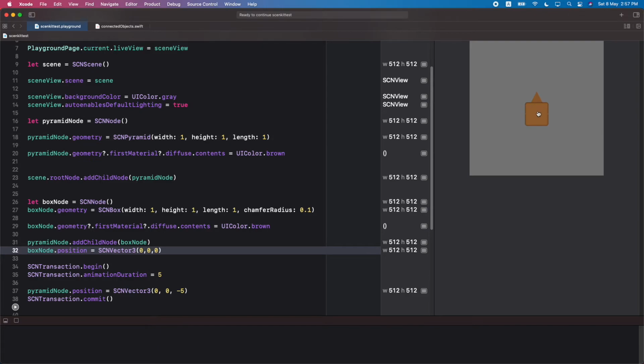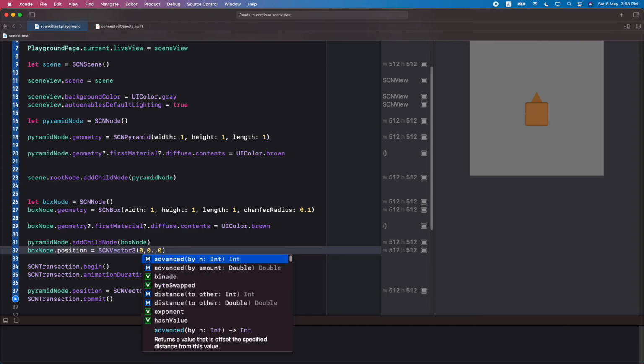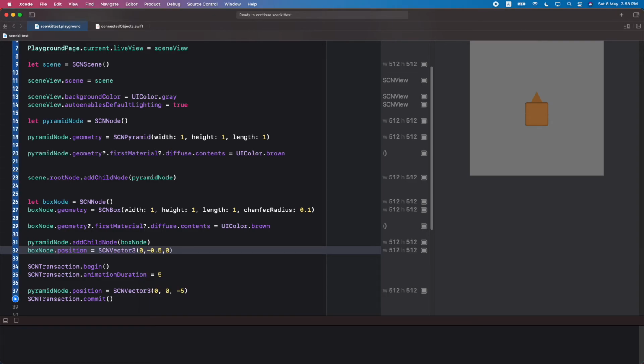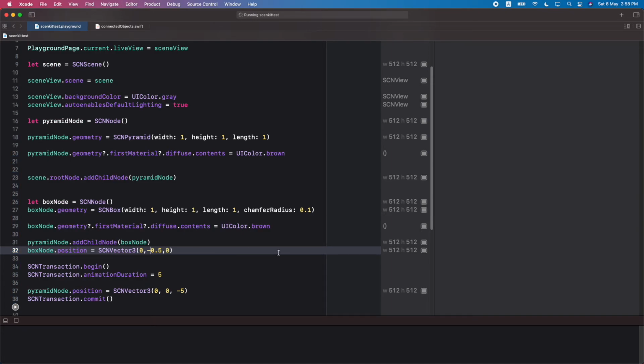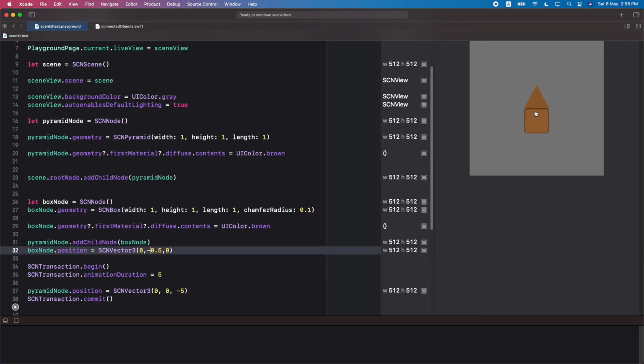We move the object by some unit so that both of them are on the same line. Because we created the pyramid object with a height of 1 unit, the center is in the middle. So if I move the box by 0.5 unit, then it looks as if the pyramid is sitting on top of the box. So instead of 1, let us give the value as 0.5, and because we want the box to come down, we make it negative. Now if we run the animation, we can see that the box is below the pyramid,